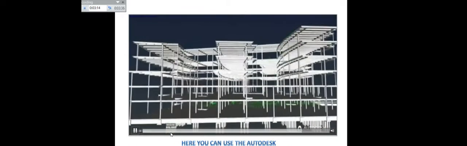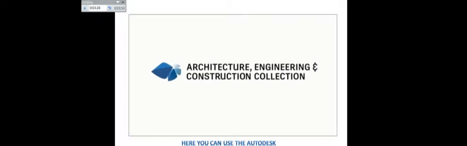Finally, the team can also conduct 4D simulations to understand project phasing and construction sequencing, taking the project one step closer to the field. The Autodesk AEC collection gives every